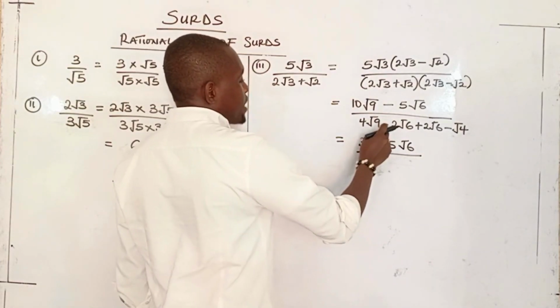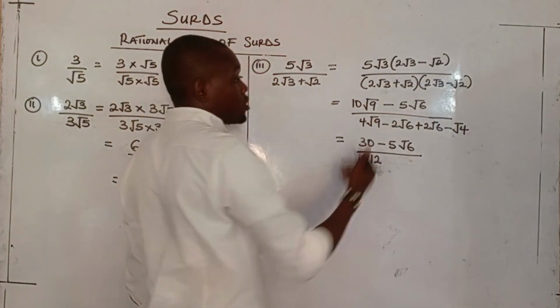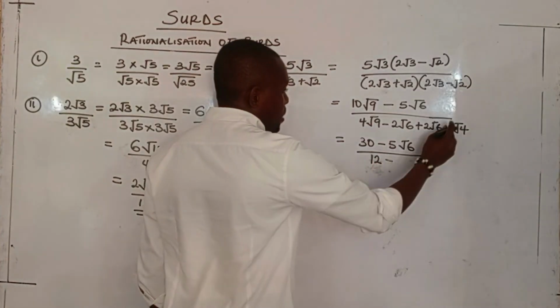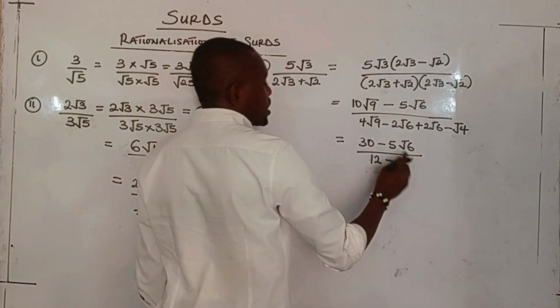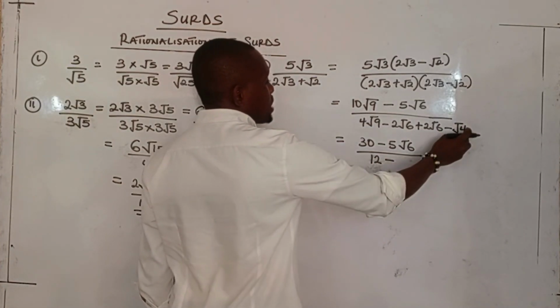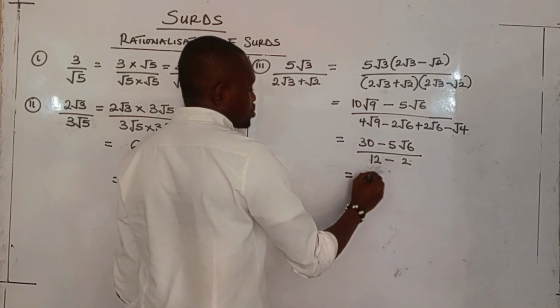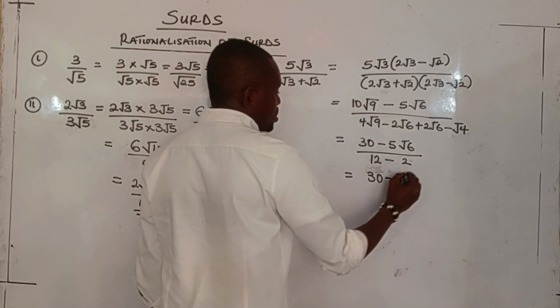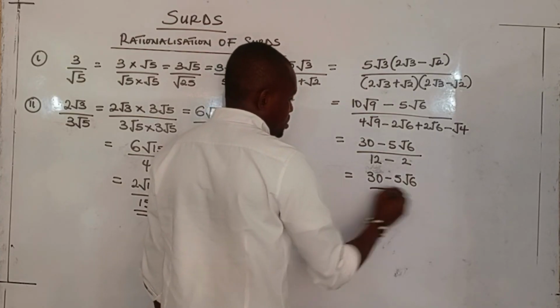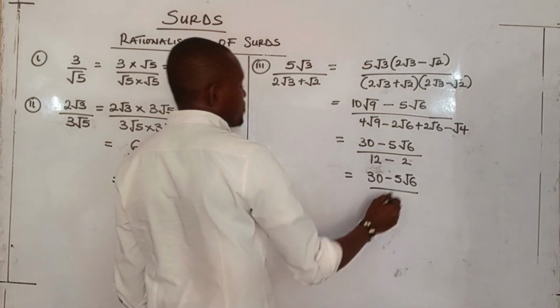Then we have our minus sign there. Then the square root of 4 is 2. So our final answer gives us 30 minus 5 root of 6, all over 12 minus 2,